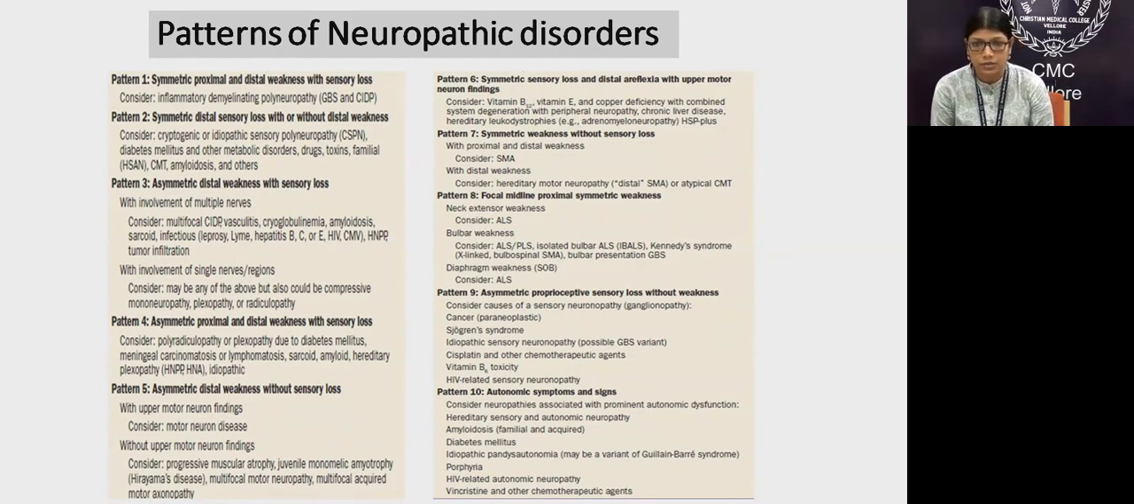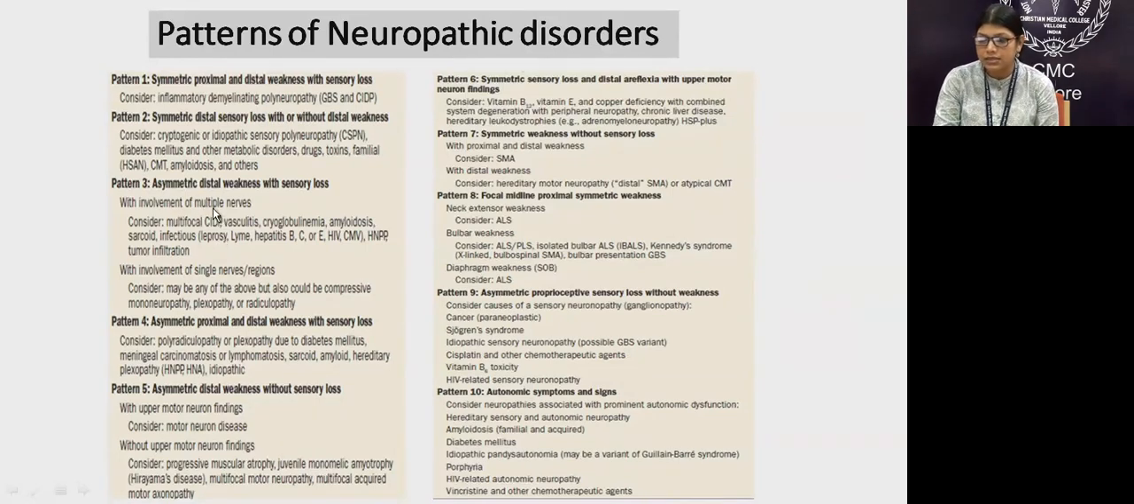And all the metabolic disorders including drugs and toxins, they cause length dependent neuropathy and often present as symmetrical distal sensory loss, most often with distal weakness. The third pattern of neuropathic disorders can present with asymmetric distal weakness with sensory loss. Now this can occur with the involvement of multiple nerves, which is called mononeuritis multiplex, classically seen in vasculitis and leprosy, hepatitis B, tumor infiltration such as lymphomatous